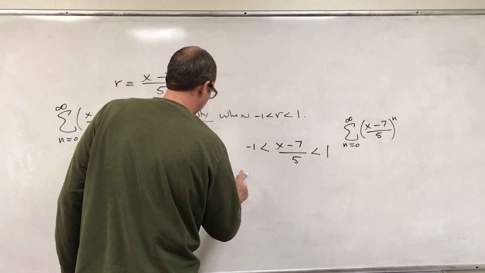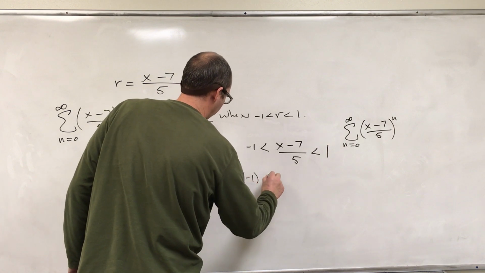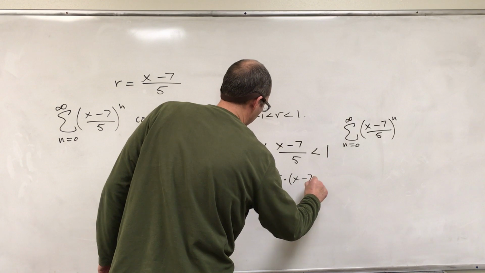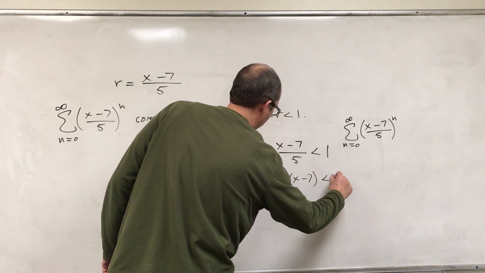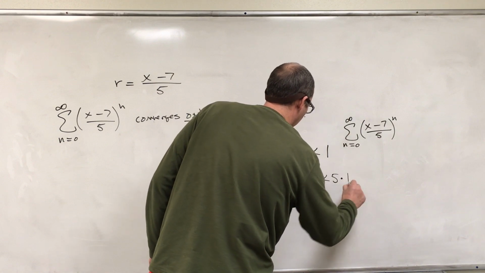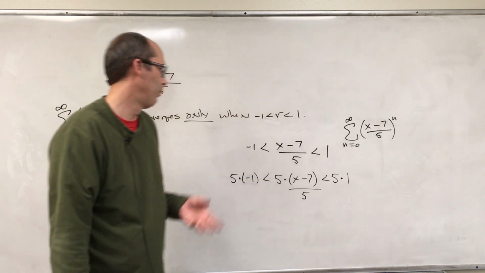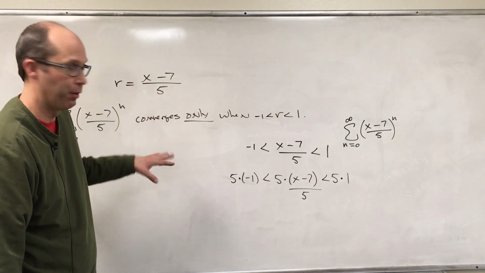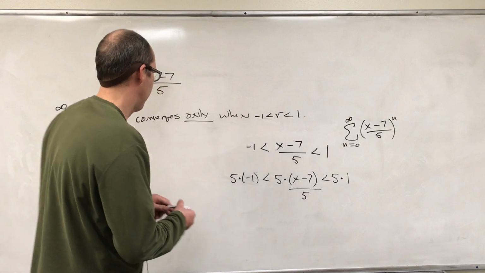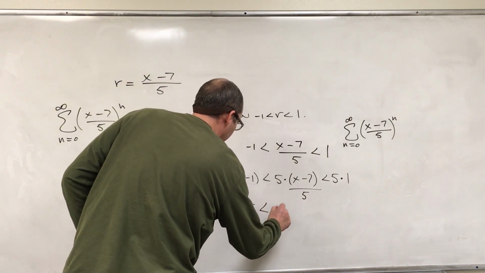We got 5 times -1 is less than 5 times 1. Remember that you don't have to flip. The only time you have to flip the sign is when you multiply or divide by a negative. We didn't multiply or divide by a negative. We did a positive, so we don't have to flip the signs. -5 is less than